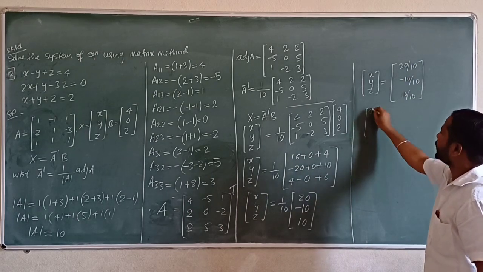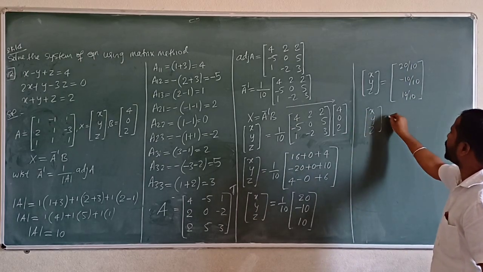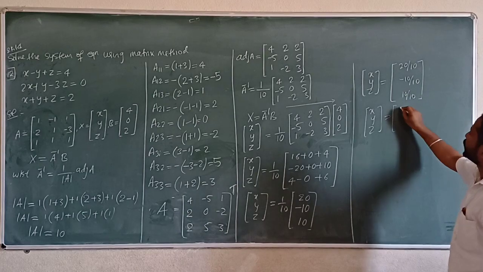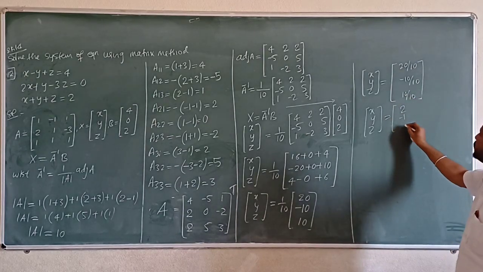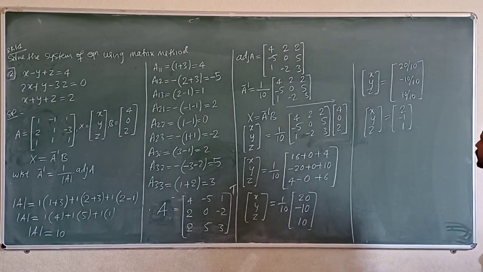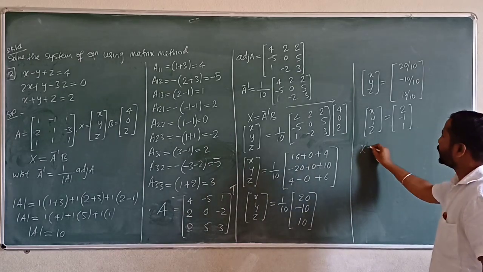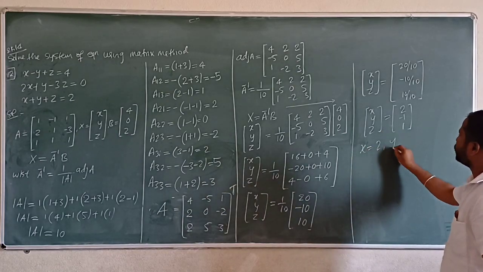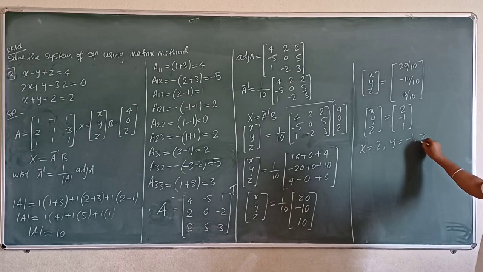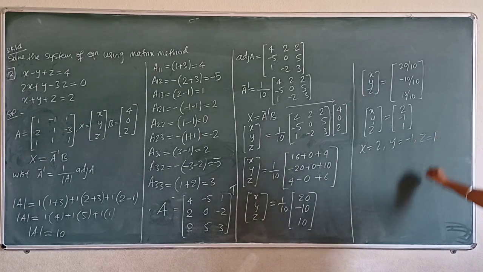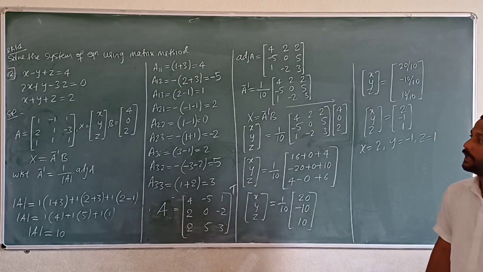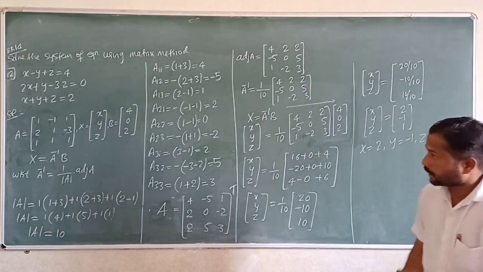So therefore x y z is equal to now, right? 10 ones are 10, 10 twos are 10 ones are 10, there is minus 1. It is also 1. 10 ones are 10, 10 ones are 10 get cancelled now. So therefore the value of x is 2, the value of y is minus 1, the value of z is what here? That is 1 now, right? Wait for it. Verify the answer now.